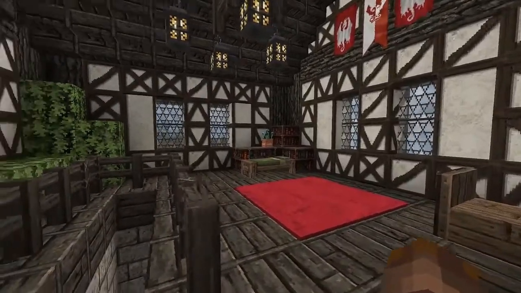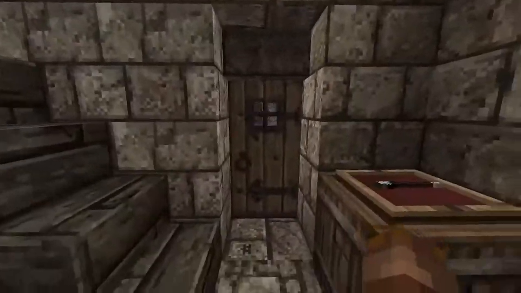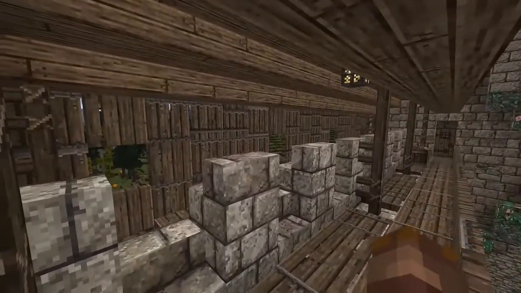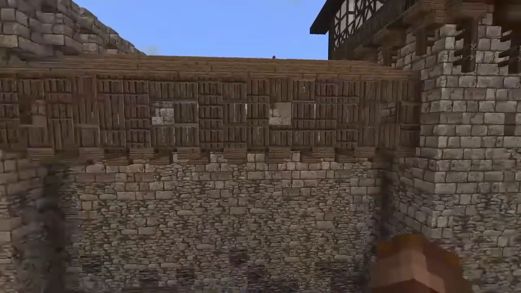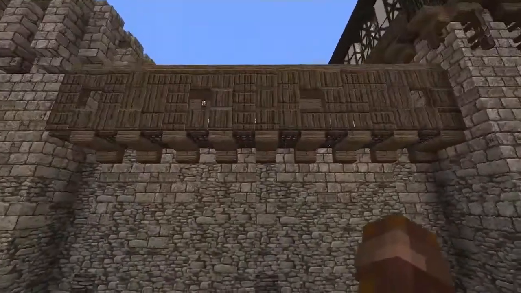That was a luxury in the Middle Ages. Anyways, let's go back down, and from this story we can actually access the battlements. And I am so proud of how these hoardings look. I just think they are amazing. So the reason why we have hoardings here is because these castle walls don't actually have